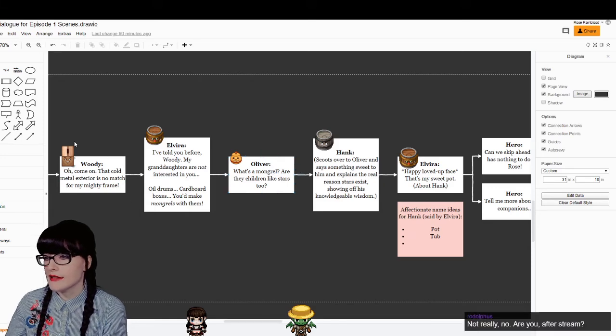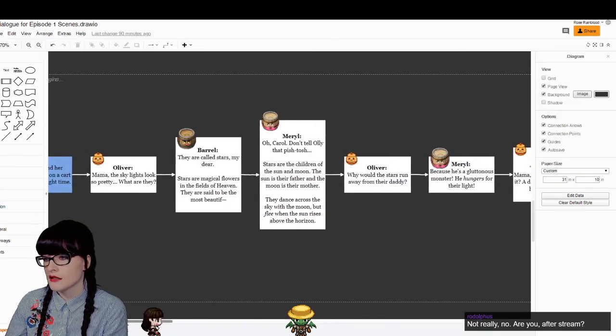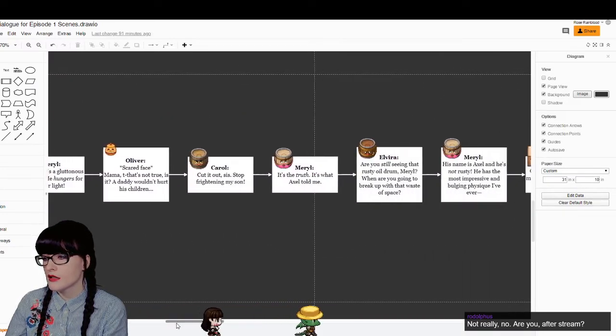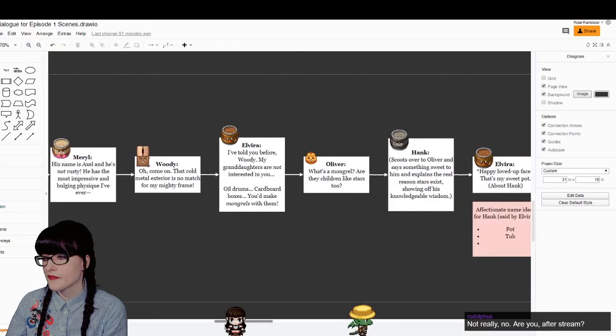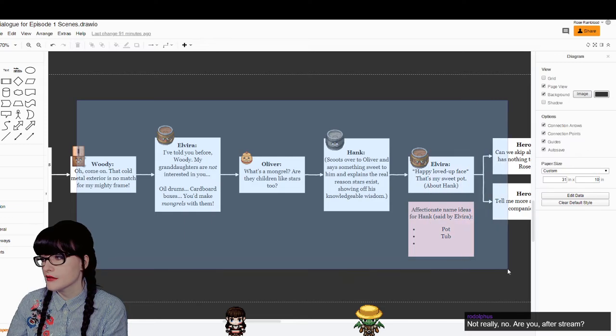We're here now in the cutscene. We got to this point where Woody spoke, so we've done all the dialogue for this bit, all been put in. So this is where we're at. We've only got this bit to do, these last